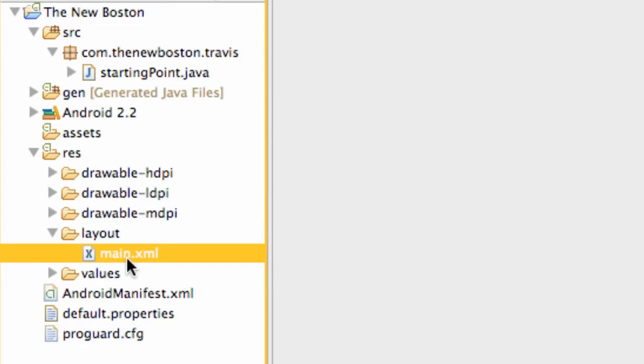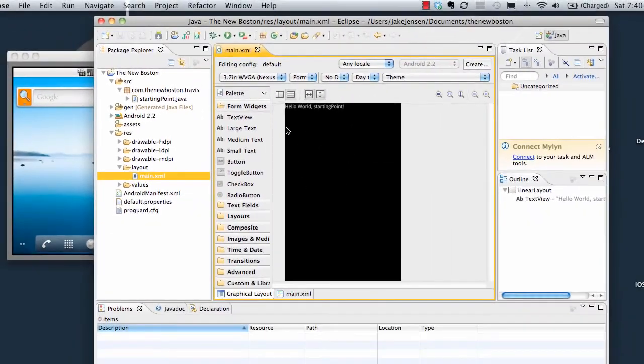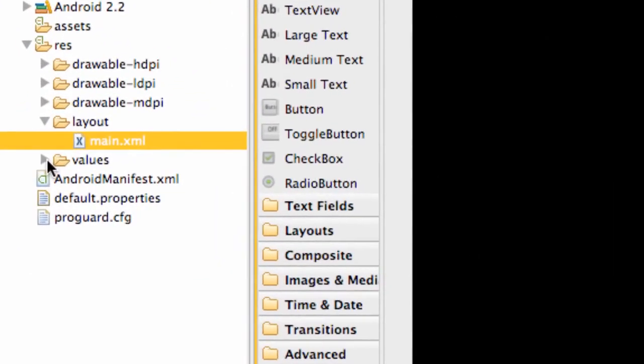We're going to get into the XML for the most part. If you double click on this main one, it has it set up for us already. This is a main XML, and all it is is a hello world starting point. They did define that for us already, and that's basically where we're going to set up our layouts